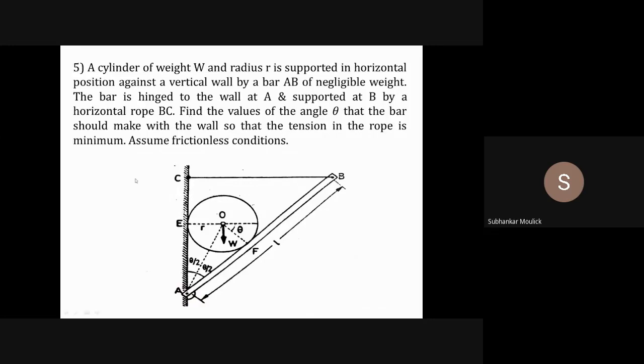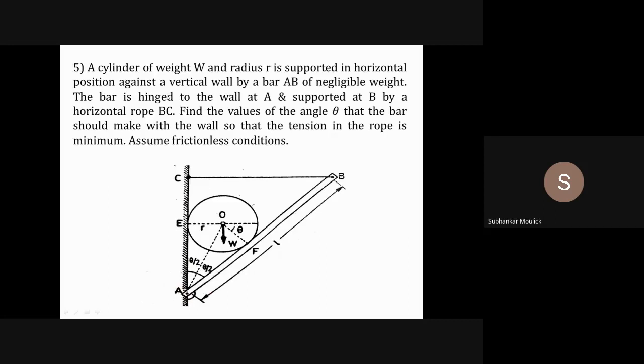Read the problem carefully. The problem is a cylinder of weight W. Okay, this is a cylinder, and from its center of gravity, weight is acting vertically downward. The radius of the cylinder is R, and it is supported in horizontal position against a vertical wall. This is a vertical wall. This AC is the vertical wall. On this vertical wall, the cylinder is supported